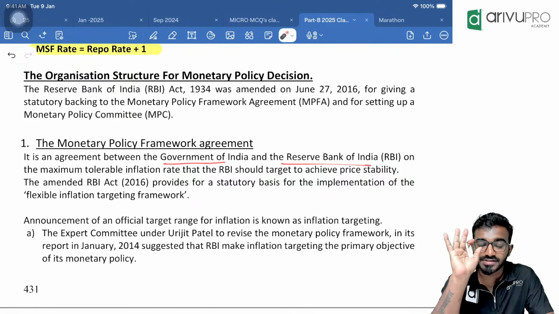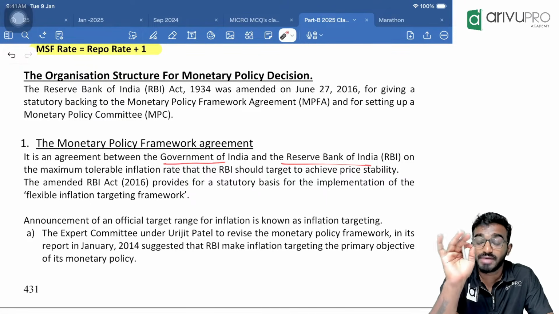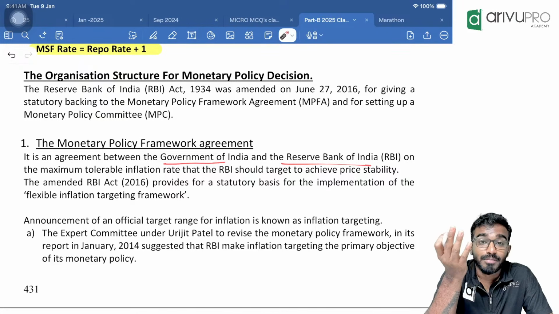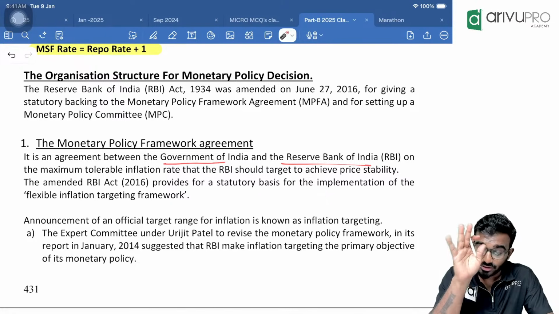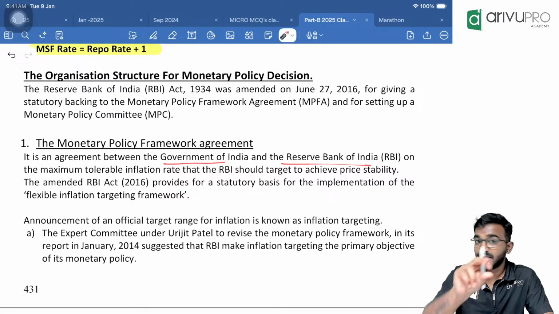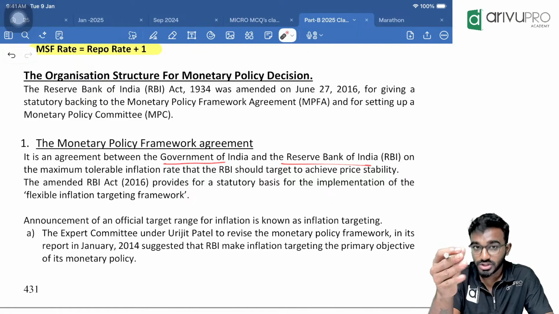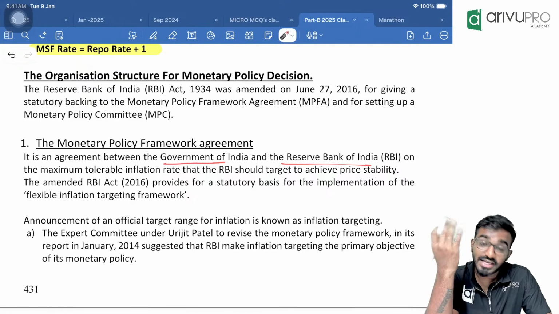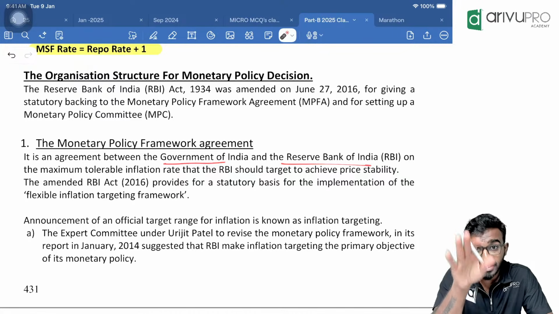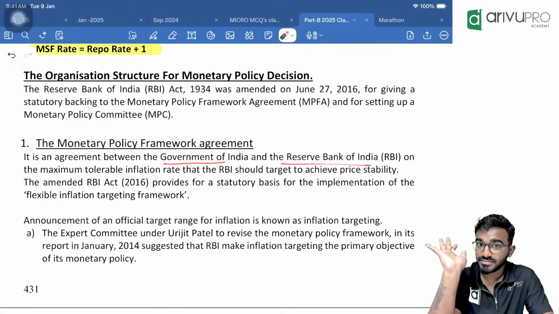Once in 5 years, suppose anyone is watching this marathon by chance after January 2027, for the May 2027 attempt, you have to go with the latest material because the data and figures might have changed. If anyone is watching this marathon after January 2027, for the May 2027 exam, the data will change. Don't follow this blindly. Clear?